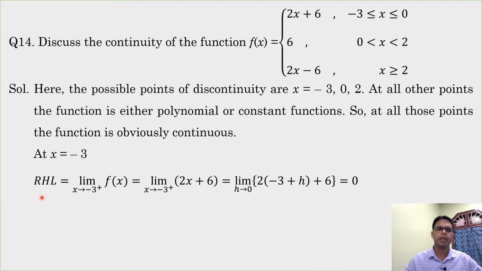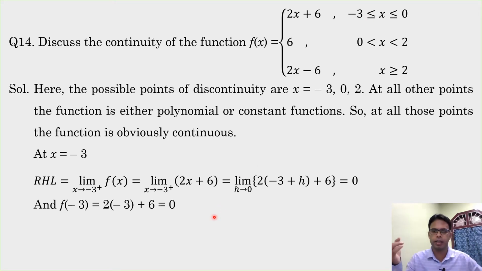So we get the right hand limit of the function is 0, and at x equal to minus 3, which is also in this line, obviously it will be 0. So f(-3) is equal to 2 into minus 3 plus 6, and that is also equal to 0. And this is obvious. You may also write the function is continuous from right. The right hand limit and function value at the point minus 3 are equal, therefore the function is continuous